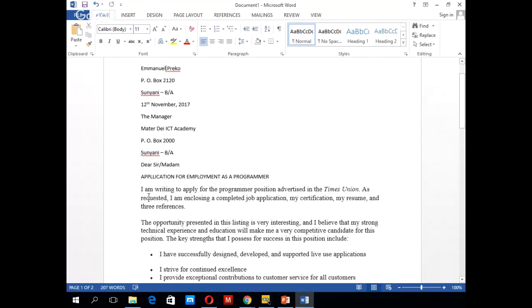So it says that I am writing to apply for the programmer position advertised in the Times Union as requested. I am enclosing a completed job application, my certification, my resume, and 3 references. The opportunity presented in this listing is very interesting, and I believe that my strong technical experience and education will make me a very competitive candidate for this position. The key strengths that I possess for success in this position include: